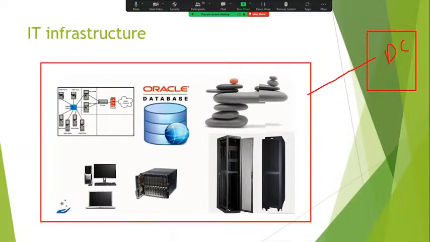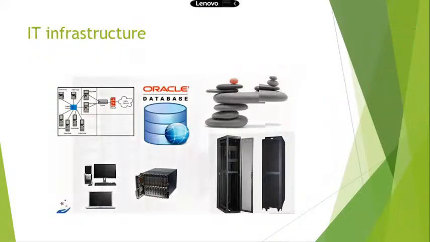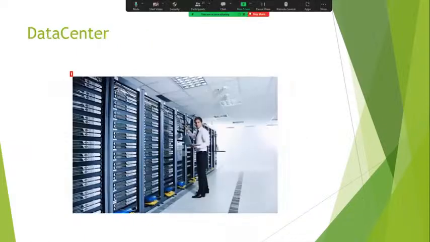For example, you have one organization, and you got one project where you would like to build 5 servers. To build 5 servers, what do we have to do? We have to go and verify whether space is available in the data center. Once space is available, then we will rack the servers. Then we will start building all these 5 servers from scratch. So that is the data center. See, this is the exact picture of a data center.